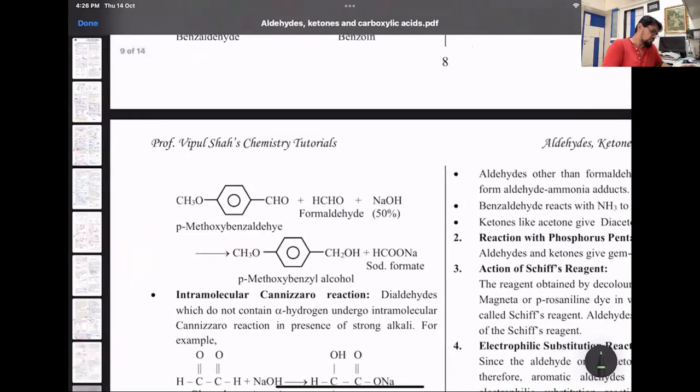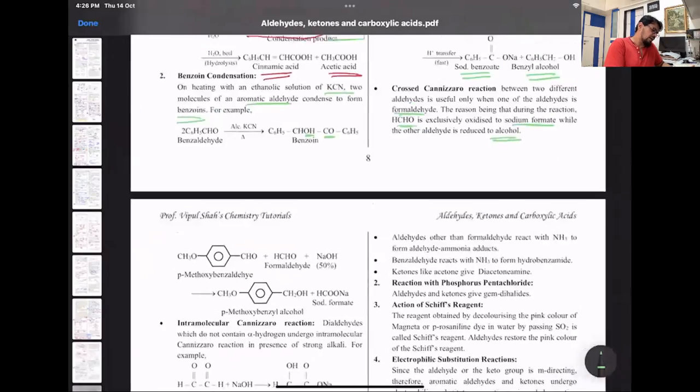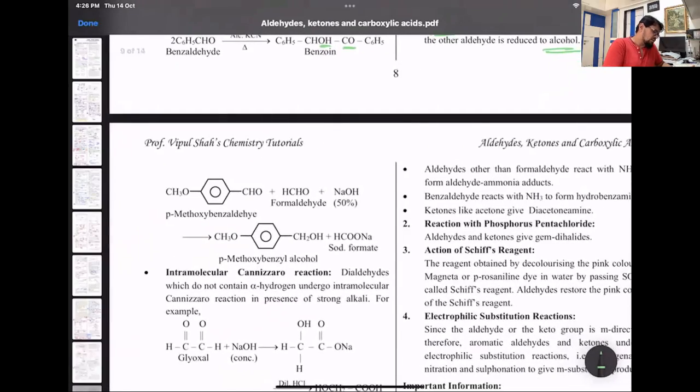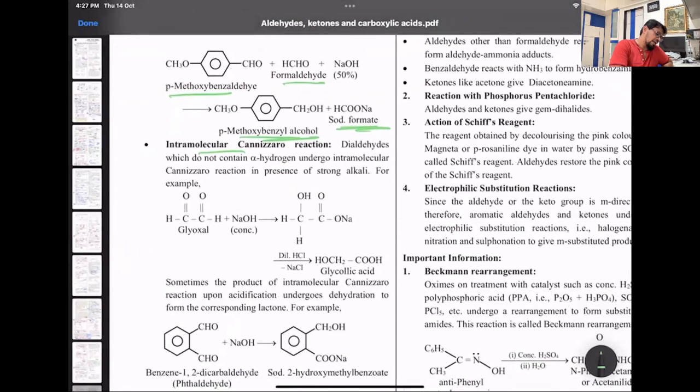So look at that. Here we have para-methoxy benzaldehyde and formaldehyde. If you have these, then formaldehyde forms sodium formate and this will form its alcohol, sorry, that's para-methoxy benzyl alcohol. Same way we can have intramolecular Cannizzaro reaction. There also you will be getting, look at that, glyoxal, that is basically 2 aldehyde groups together. We have done this in ozonolysis, if anybody remembers: ozonolysis of acetylene gives glyoxal. That with concentrated NaOH